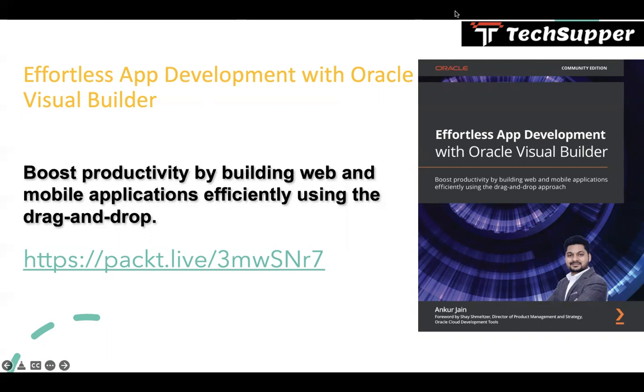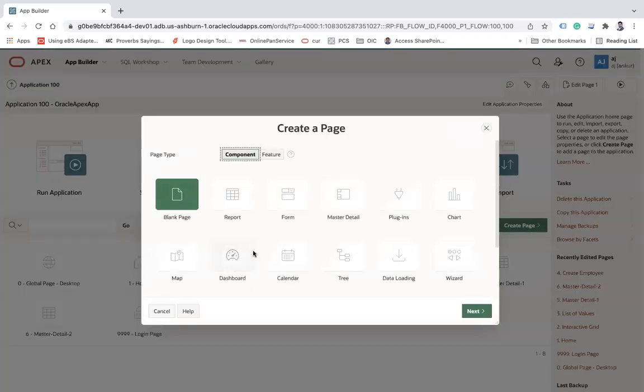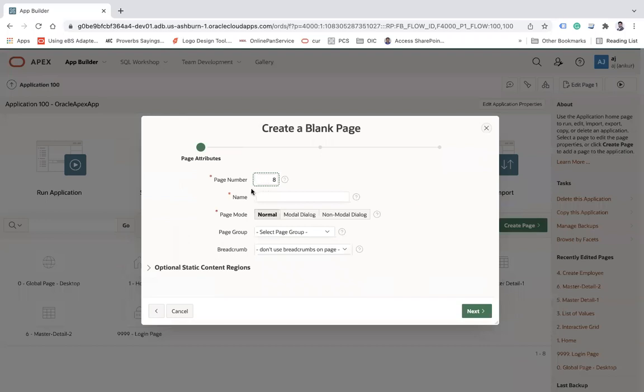Okay, now let's get started and let me share this Apex application which we have created earlier. Now I'm going to create a page using this blank page type. Click on next, and I am going to give the page number as auto-generated, which is 8.